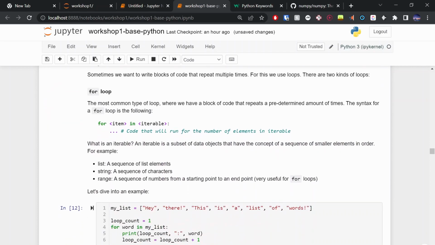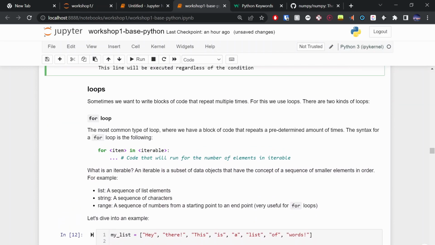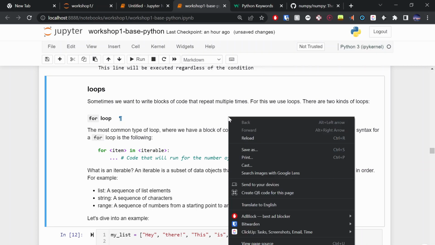Cool. Loops. Sometimes we want to write code that executes multiple times, right? But sometimes we want to execute a bunch of code multiple times. In the renaming photos example I mentioned at the beginning of the workshop, you can imagine that we'd want to rename every single file in that folder. So we want to execute the same block of code for every file. So we'll want to do that multiple times. Okay.